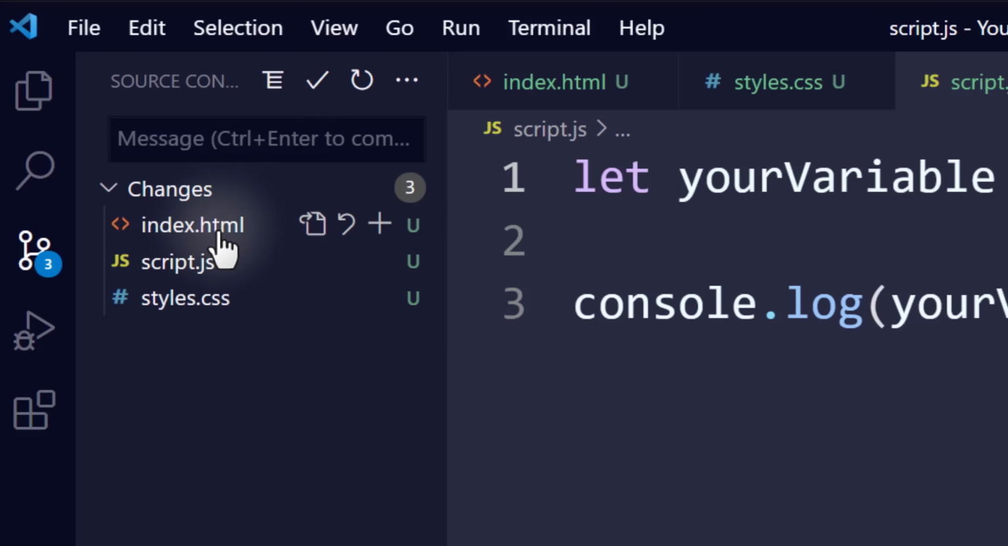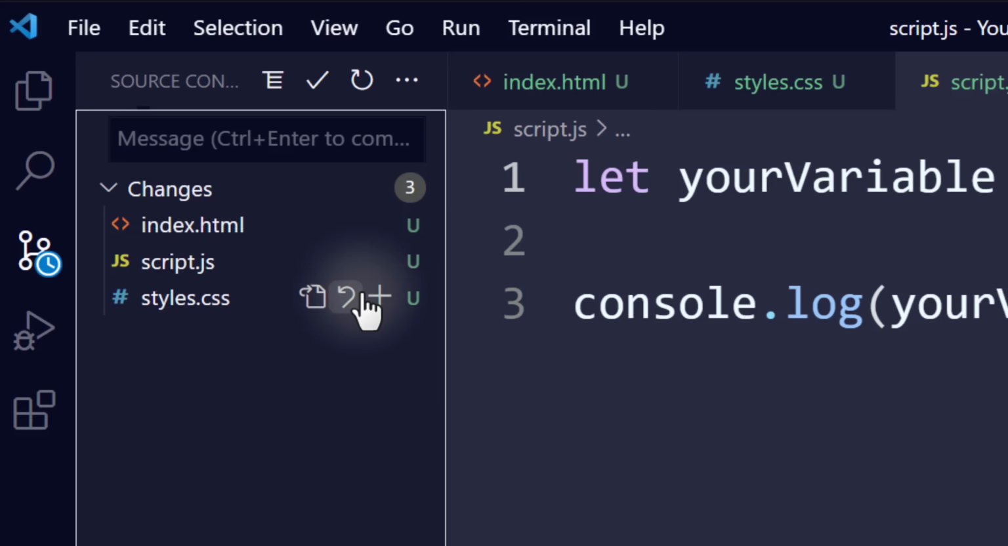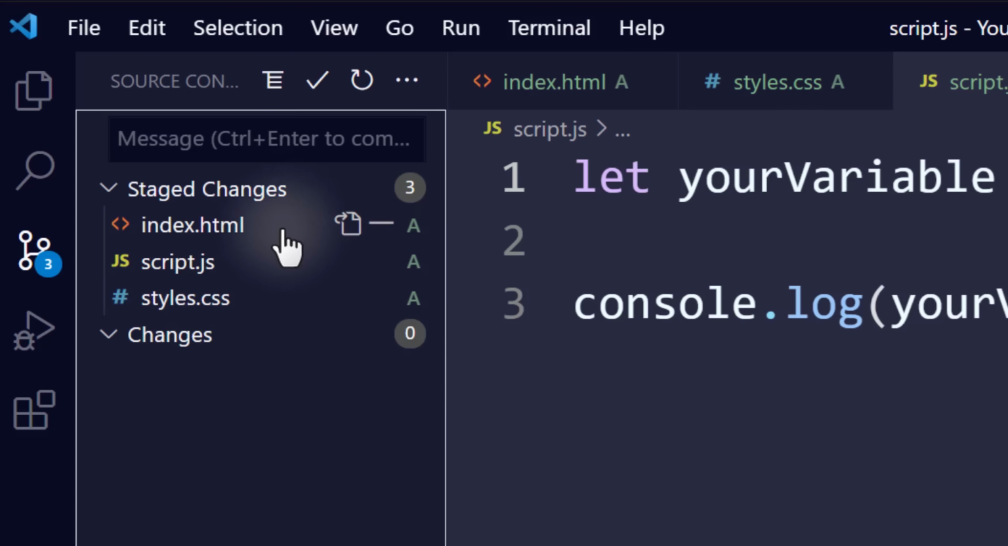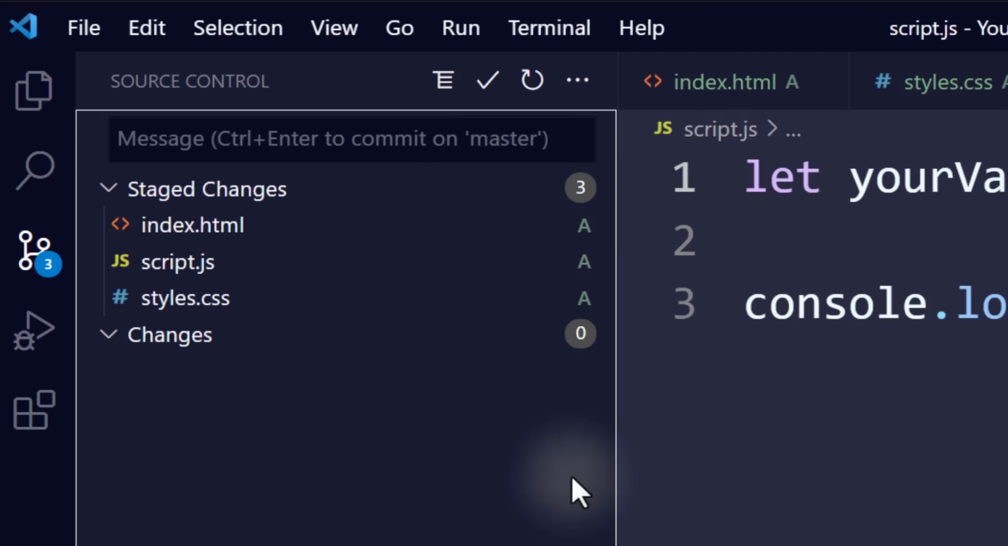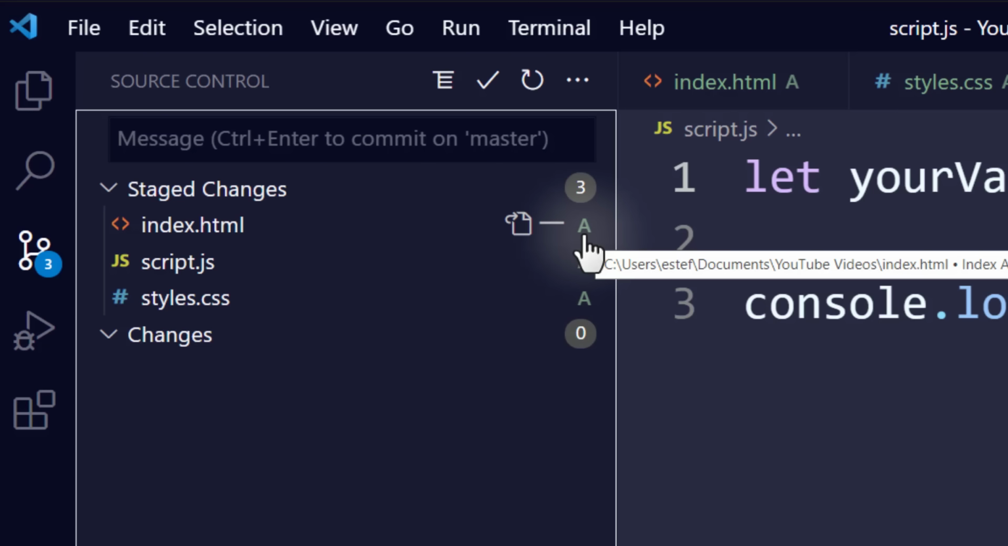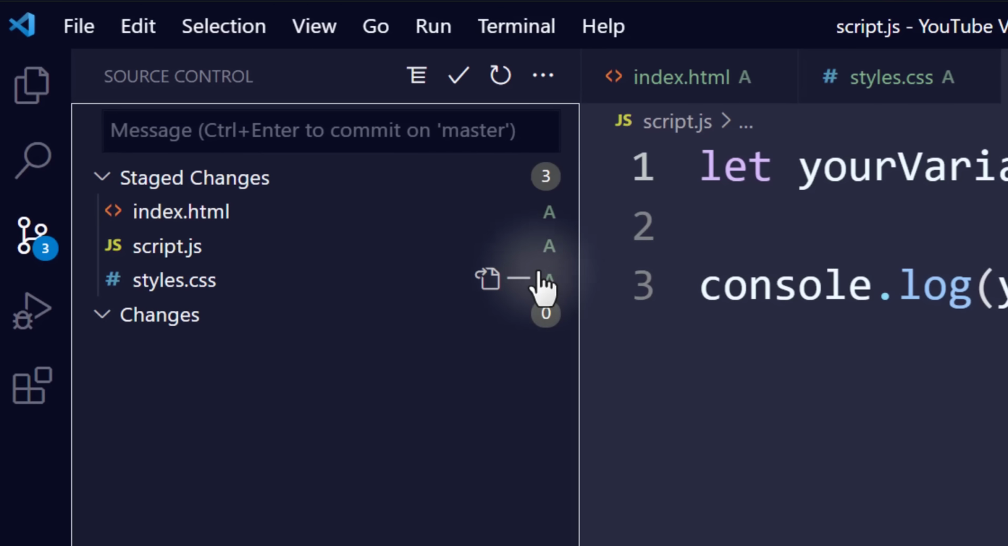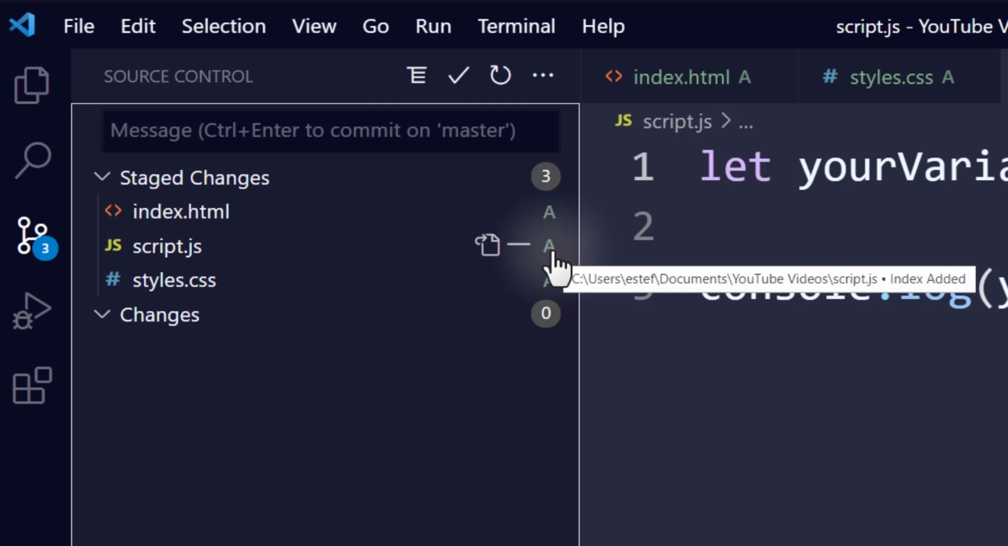Now, if we want to stage the changes, we just click on the plus icon. And we click on the plus icon and the plus icon, okay? Now we see that they change from this part, which says changes, to staged changes. These are the changes that will be committed if we write a commit message. Let me just readjust this. Now the U that you saw previously on the files changed to A. A means index added. Okay, the file has been added to the staging area. You can see the message index added right here if you hover over the